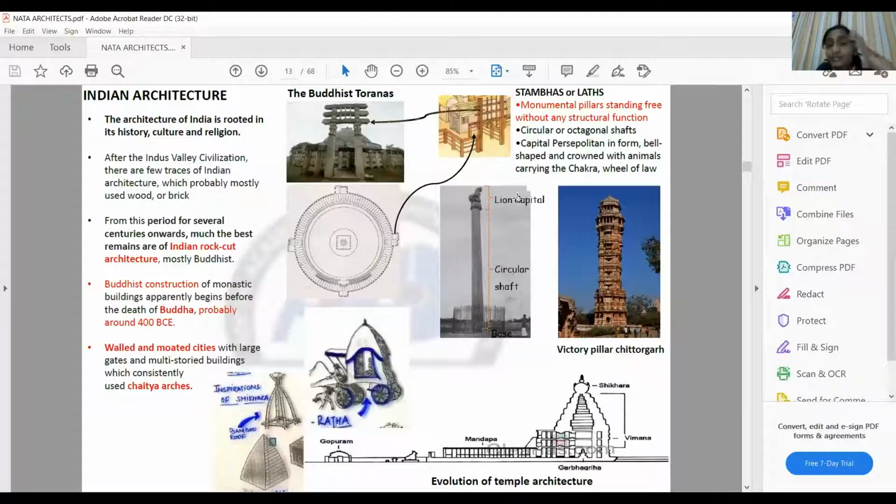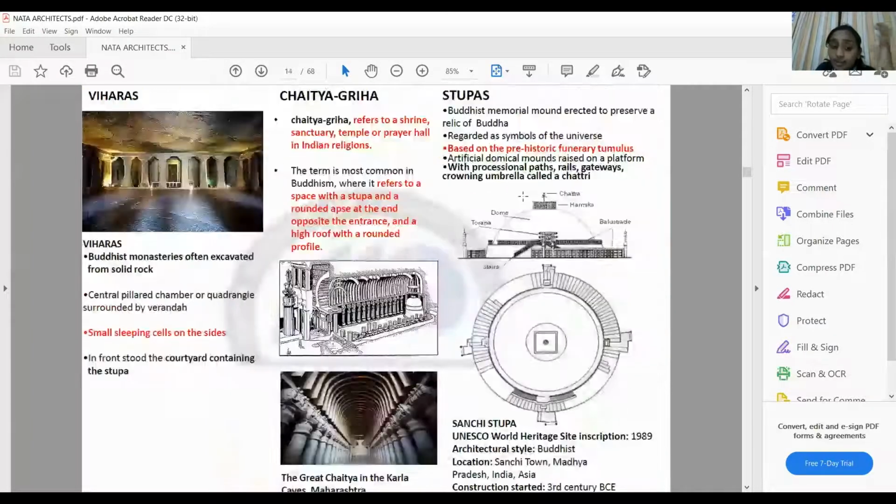And this again led to the construction of the initial temples, that is the rock cut phase, where you have these chaitya halls. And then for the priests to settle down, they started something called the viharas, which are also referred to as Buddhist monasteries. And this again led to the design of the burial mounds that were referred to as stupas. The inspiration was again based on the prehistoric funerary grounds, that is the tumulus, like we studied, right?